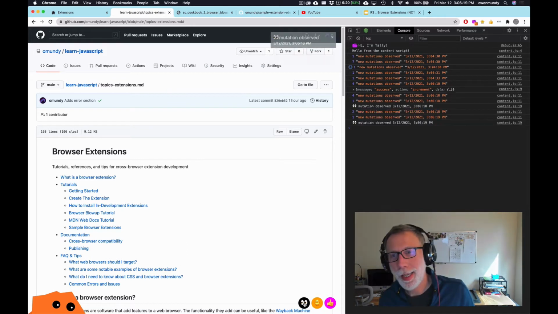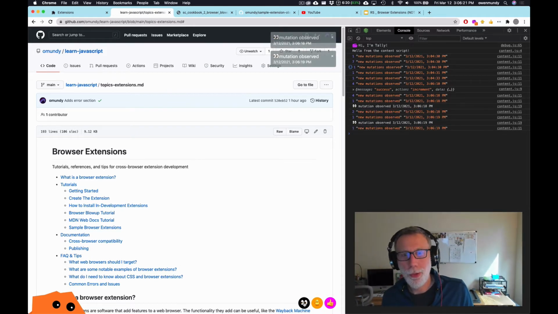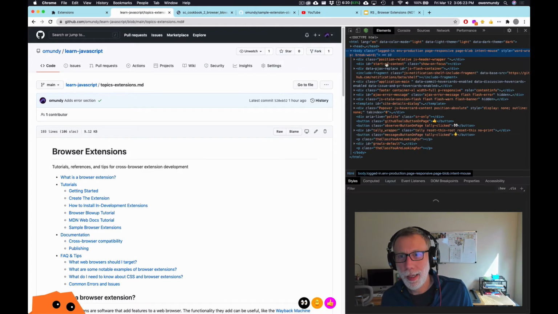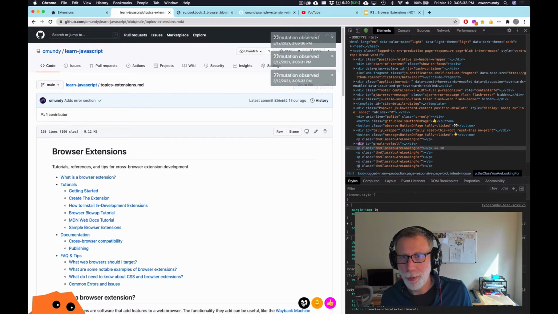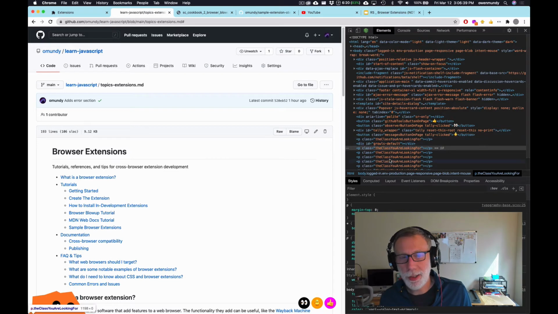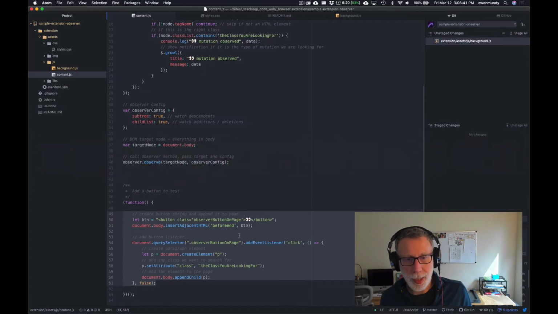And so if I click it, it's adding, if we're going to look down here at the bottom, check this out right here. So if I click this, it's adding a new paragraph called the class you are looking for. And the Mutation Observer is looping through, and if it finds that class, you could search for any pattern really, but we're searching for,